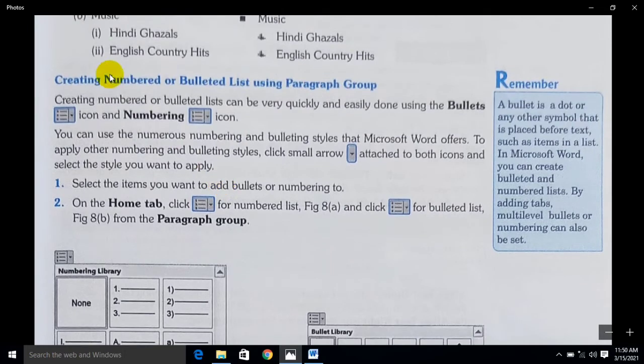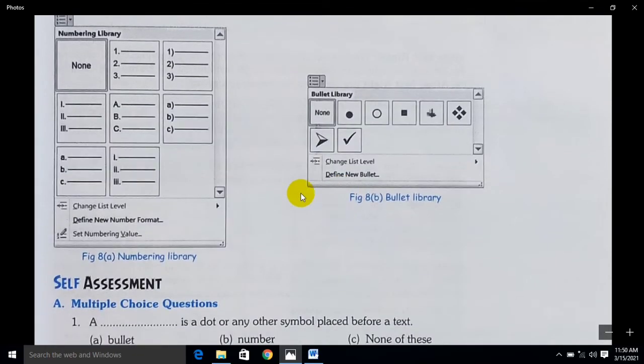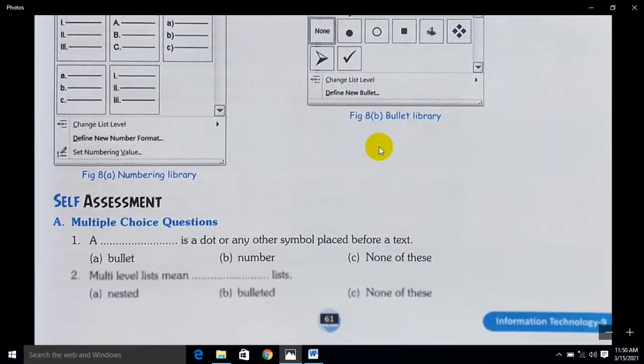To create numbered and bulleted lists, you have to go to the Home tab. In the Paragraph group, you have all these things where you can assign the numbers and bullets, with the numbering library here and the bullet library here. You can assign as you want.